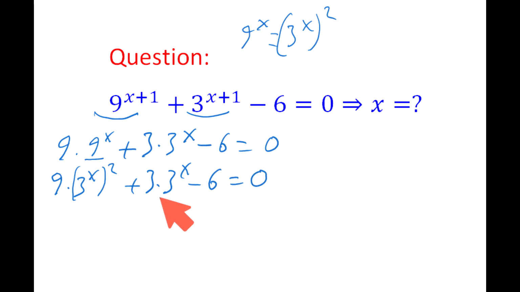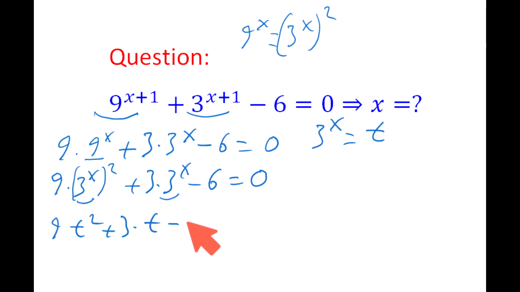And now we have 3 to the power of x here, and we have 3 to the power of x here, guys. So if you say 3 to the power of x is t, then our question becomes 9t squared plus 3 times t minus 6, which is 0, guys. Here 9 is 3 times 3, 3 is 3 times 1, and 6 is 3 times 2. So they all have 3 in common. So if you divide every term by 3, then we're going to have